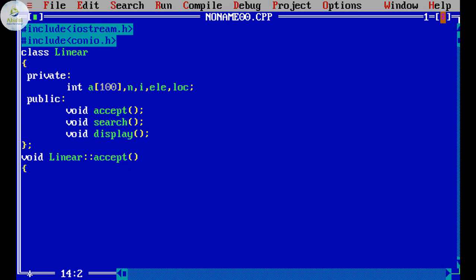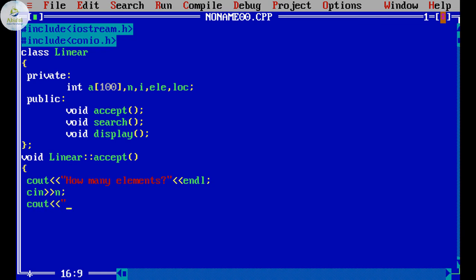Then we'll define it, cout. We'll ask the user to enter the element. How many elements actually? Okay, that is the size. How many elements? That is the elements to be stored. Endl to move to the next line. Input, the value of n will be taken as input.